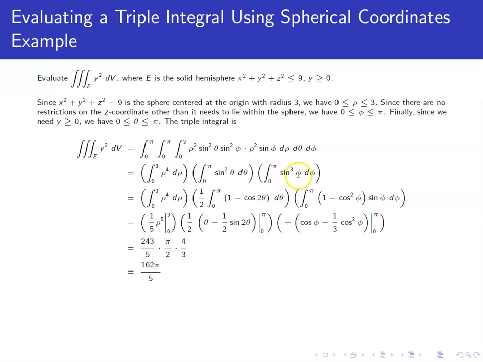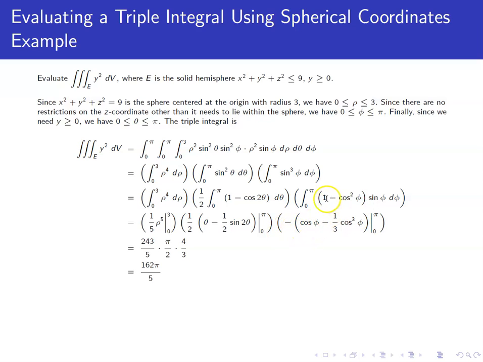For sine cubed of phi, we need to pull off one factor of sine for the du, convert the rest to cosine, so I can rewrite the remaining sine squared as 1 minus cosine squared. Antiderivative here, we need to do a u substitution. If we let u equal the cosine of phi, then du will be negative sine phi,